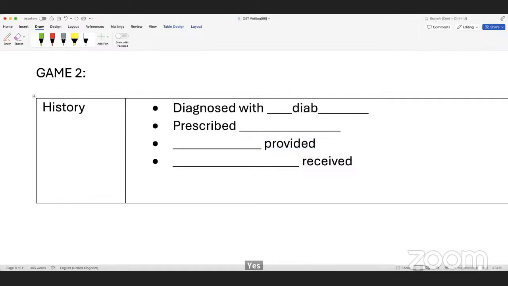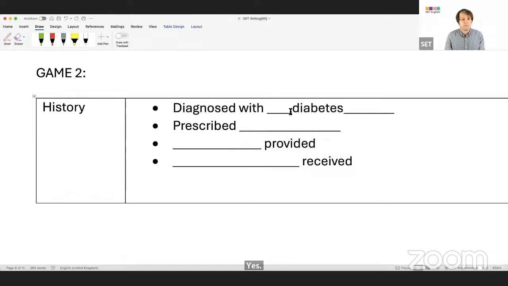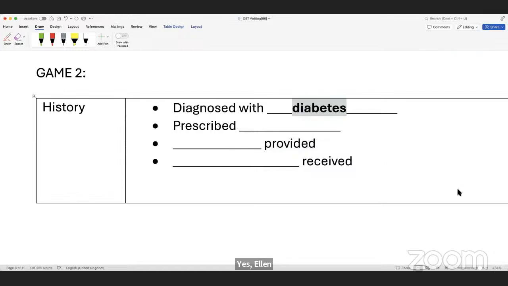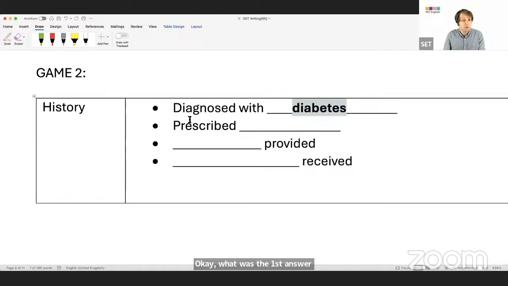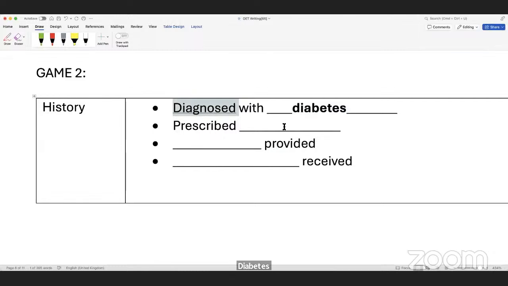Diabetes. Insulin. Was that one easy? The first one? Yes. A little bit tricky, but yeah. It was tricky. You were very fast. Okay, good. Now you knew what was coming though, right? You knew that it was going to be a condition. Yeah? Let me just test someone for number 2.